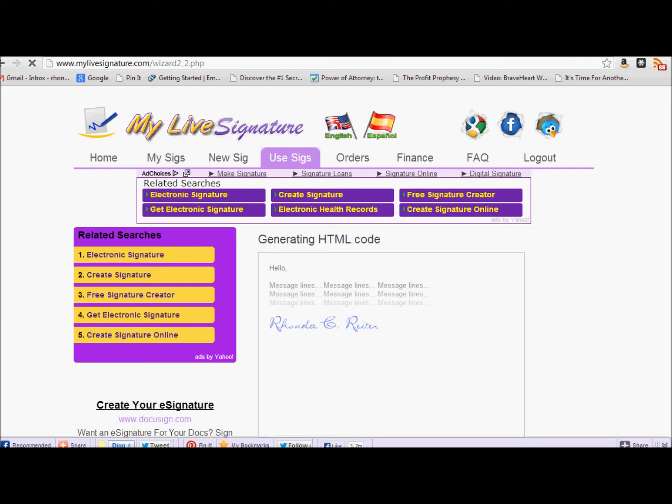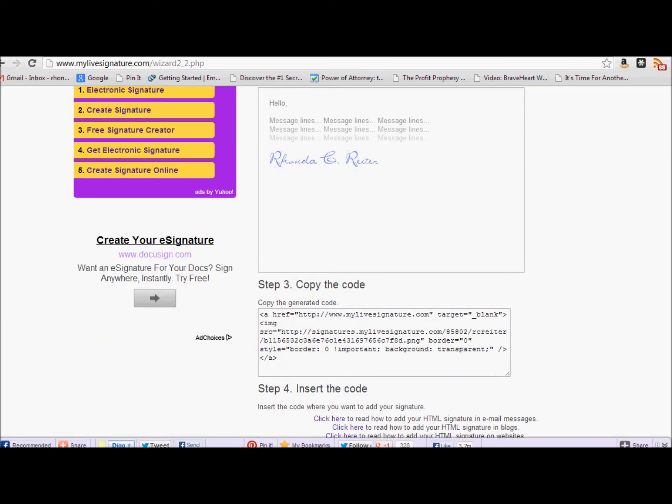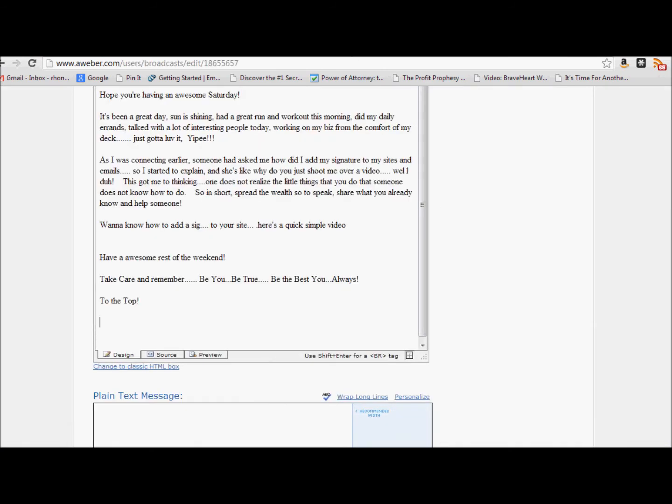Now you have the HTML code that you can copy and paste wherever you're going to paste it. I'm going to do this into one of my email broadcasts in my Aweber account. Like I said, you can put this in your blog, HTML post, or anywhere that will allow it. So I'm going to take this code, copy it, and go back to my Aweber account where I already have a signature,